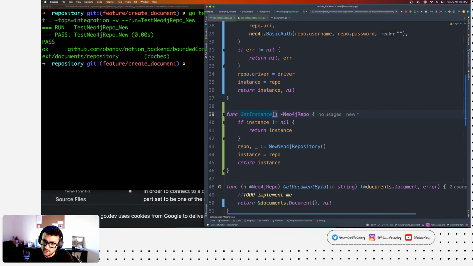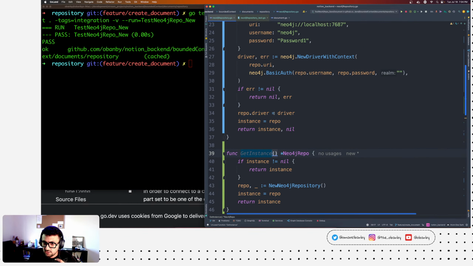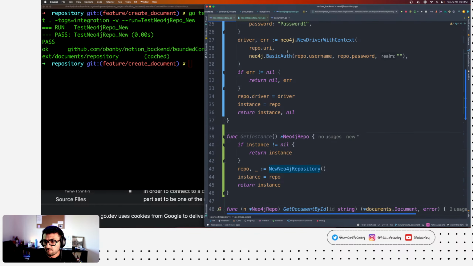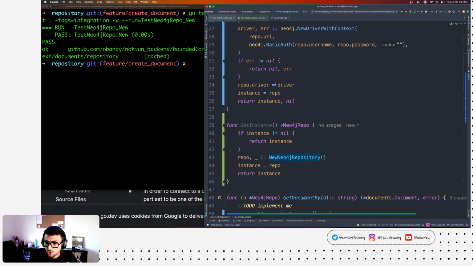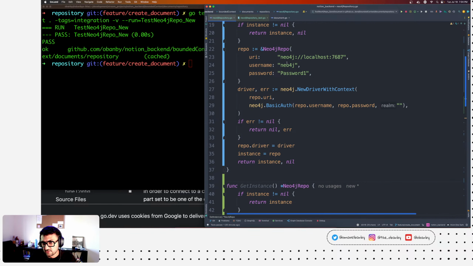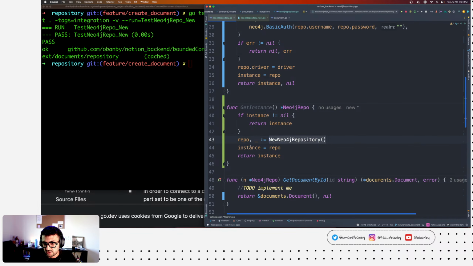And why we're doing it this way is because in the initialization phase we will run the Neo4j repository, and after that, for hot reload, we're not gonna run a new one. We're gonna do certain ways where we can override the defaults of the instance.